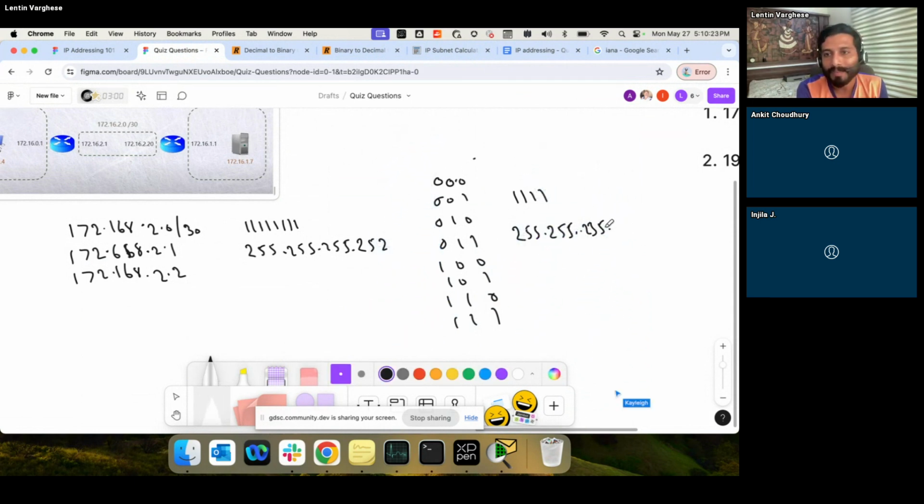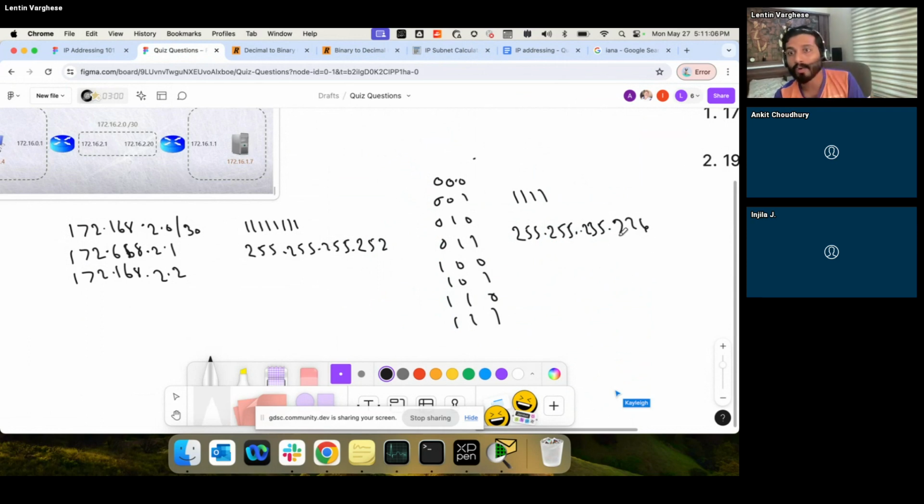Yep, sure, no problem. Our goal here is to create a block which includes 2.1 and 2.20. Earlier I showed you that by subnetting we created blocks of 4. Here we have to create a block which includes these two. What is the difference between 1 and 20? We can't create blocks of 19. It's 4, 8, 16, 32. That's how it is done. So here, that would be 32.